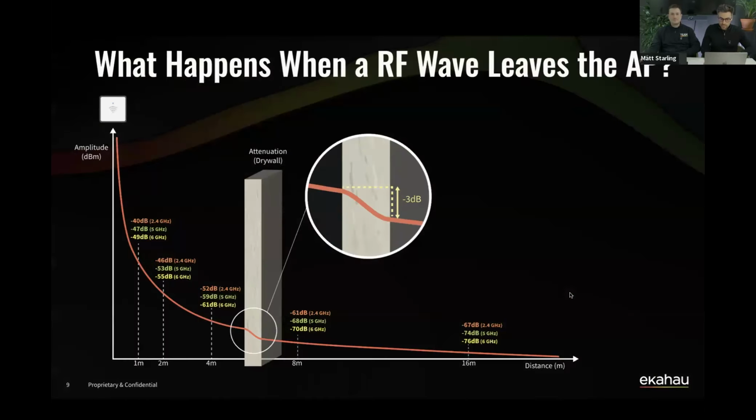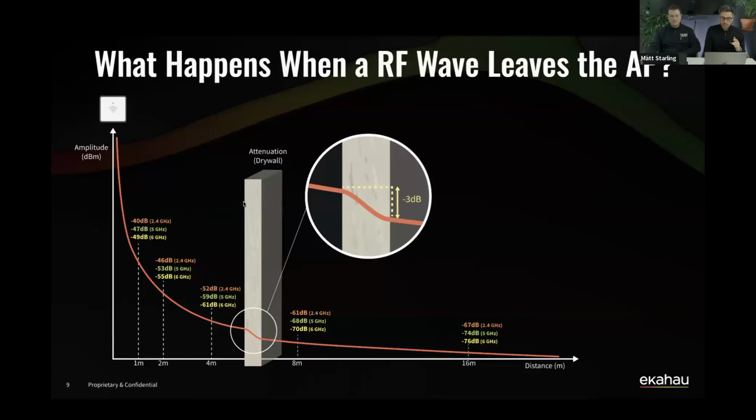So why don't we take a look at an example we've got here. We've got an access point with its radios broadcasting on the 3 frequency bands: 2.4, 5, and 6 gigahertz. And we're looking at the natural degradation of the signal as it comes out of the transmit radio from the access point. You can see in the distance, in the first few meters, there's quite a big drop in the signal. But at this point, we're just seeing what happens in free space.